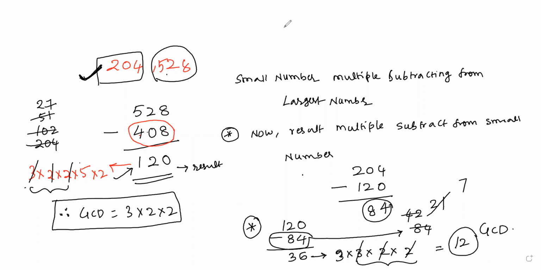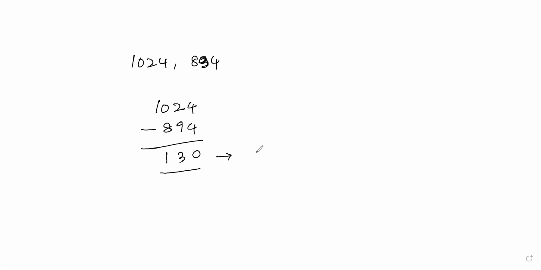I will show you one last example, and I'm taking a really large one so that you can understand the depth of this concept. If you solve this method by ratio, not a problem, but it will take so much time. So 1024 minus 894, so 0, and you are getting here 1, and the 12 means you are getting 30. So the factors will be 13 times of 2 times of 5 only. There is no other combination that will come. So let me write this number 8.